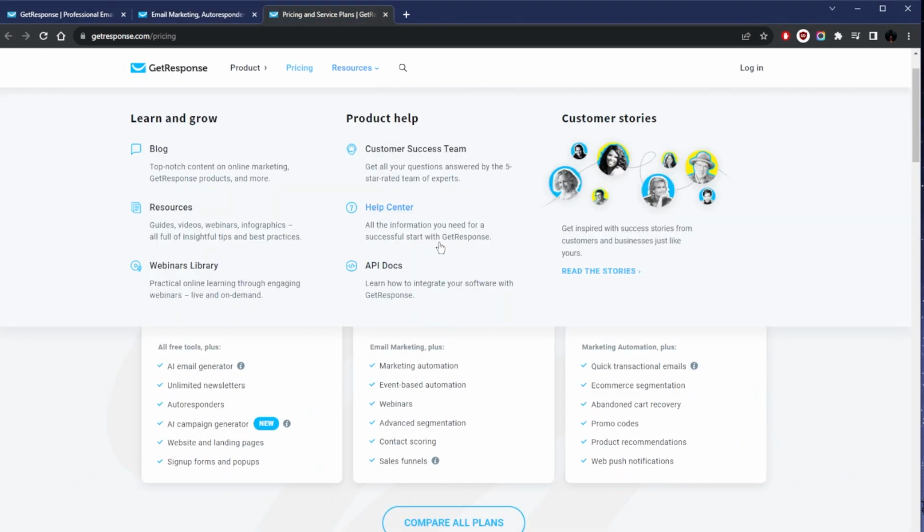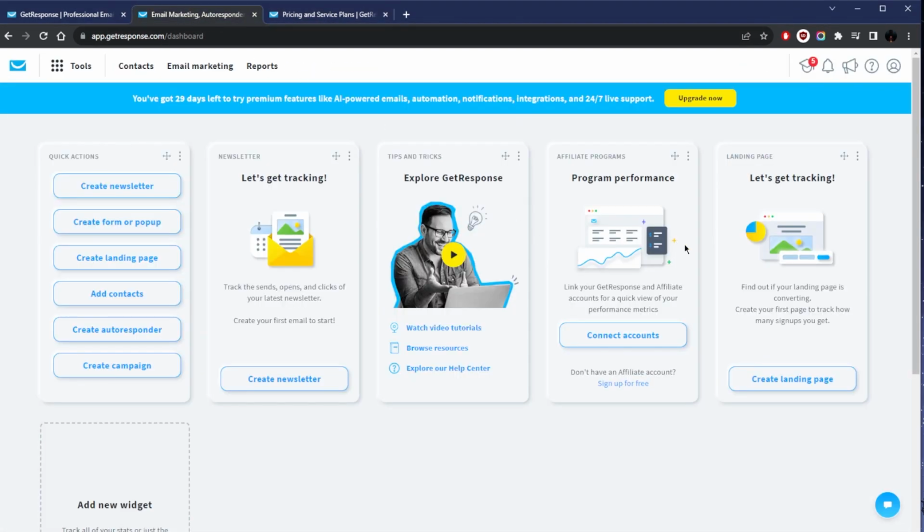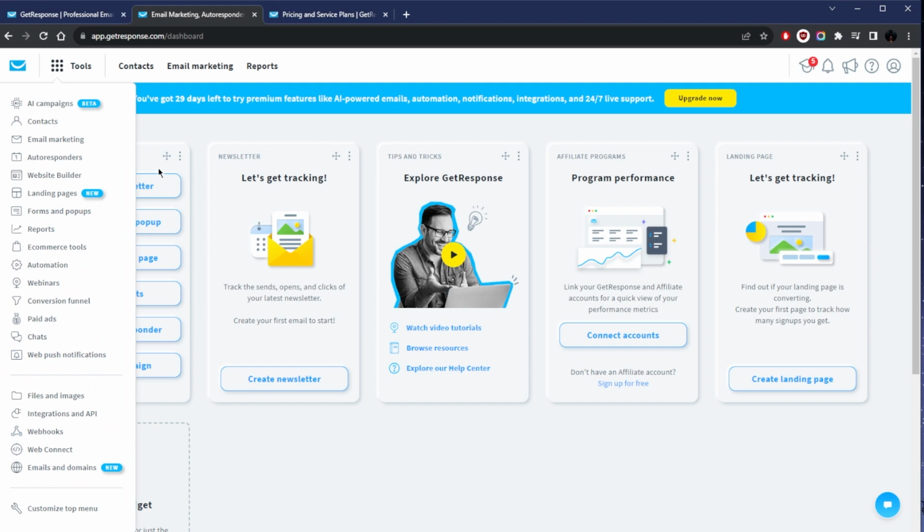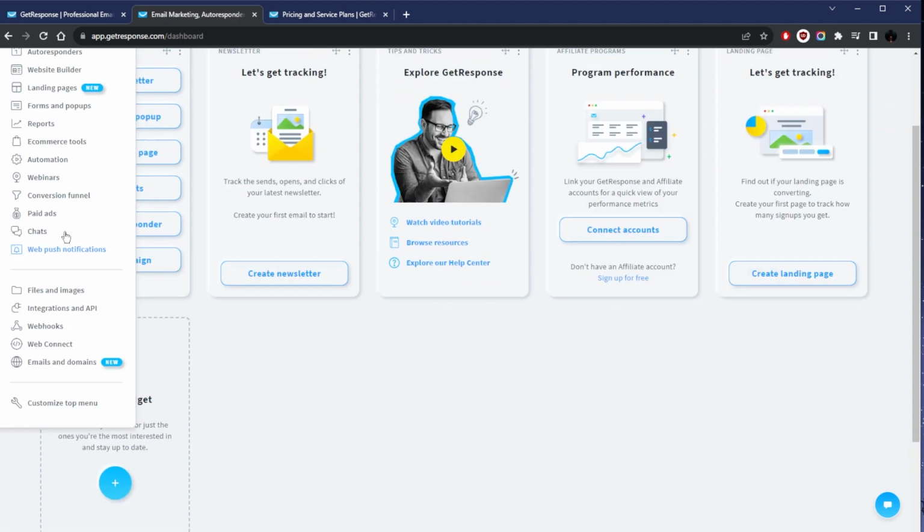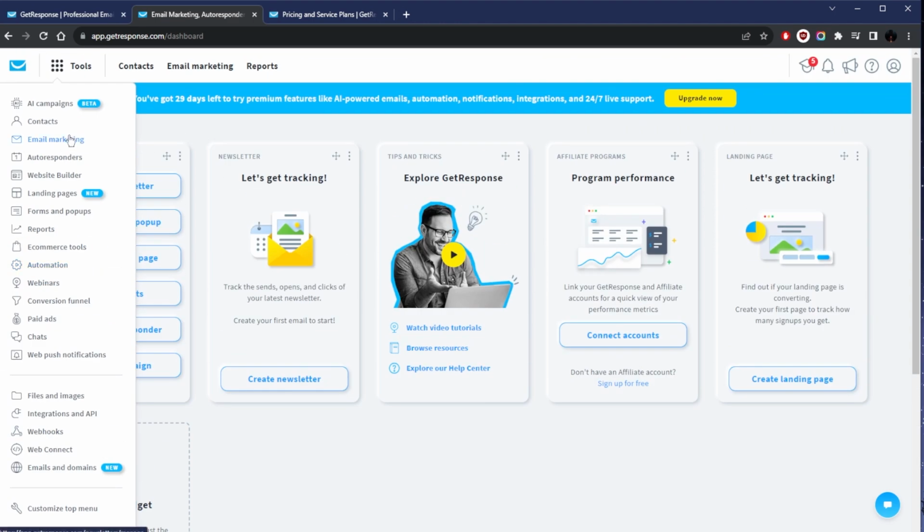But briefly speaking, before we get into the plans, GetResponse is kind of like an all-in-one online marketing platform that offers a lot of tools that are designed to help businesses grow their online presence and engage with audiences. Now, some of the main features within GetResponse, you'll see things like email marketing tools. You can create landing pages. There's a lot of marketing automation as well, and the ability to host online events, workshops, courses, and webinars. And you also have integration with e-commerce platforms and features for selling products directly via emails or landing pages. And you also have a very simple to use customer relationship management tool that helps you in managing and segmenting